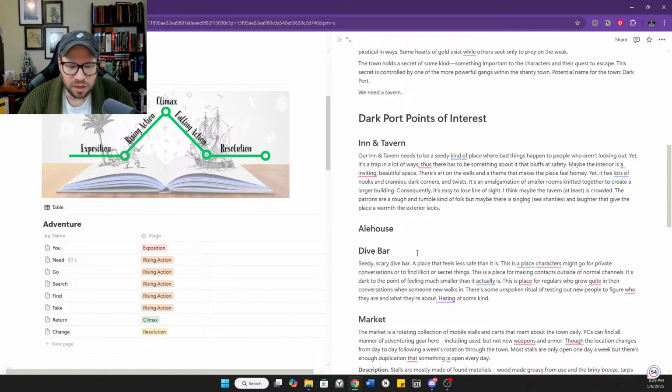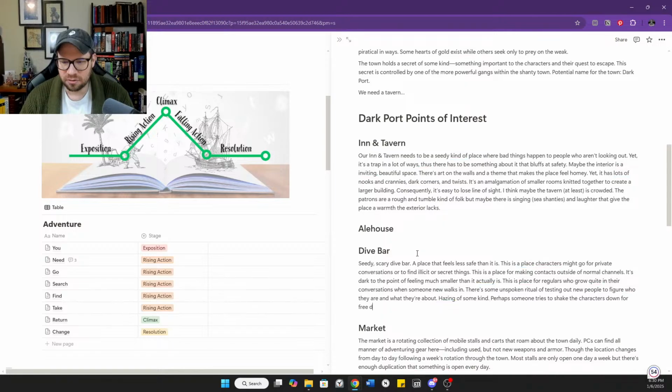You get pushed or shoved around. Somebody tries to pick your pocket. Somebody tries to shake you down for a drink, something along those lines. Perhaps someone tries to shake the characters down for a free drink, or someone tries to pick their pocket.